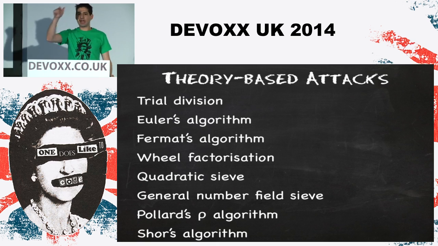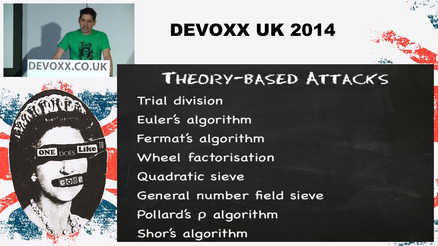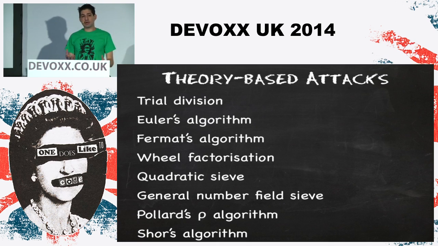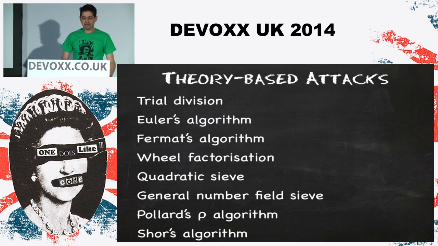So you go from 0 to root n, or say 128-bit. It's a big number to work out, but you could still do it by trial division, and you just keep trying every number one after another. And that is big O of root n, obviously. Very, very brute force. Euler's algorithm, Fermat's algorithm, they work in similar ways. Basically, they start with the best guess. They work out roughly what the error is in moving any small direction, and the direction which has the smallest error, they move in, and then they repeat until they've found a prime factor. So you just keep iterating until you've got the best answer.